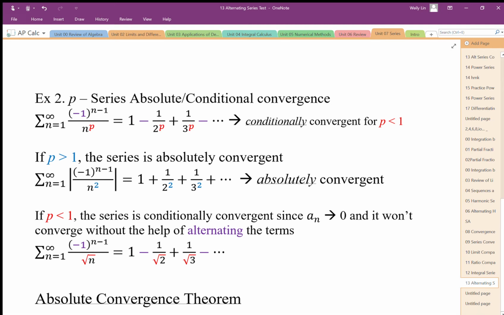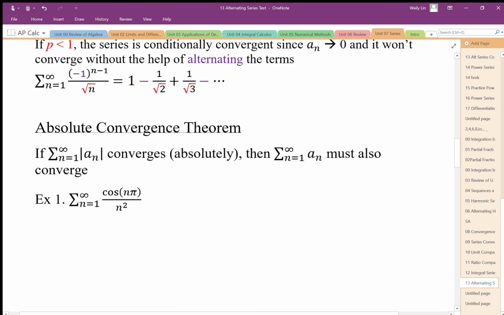Now absolute convergence is slightly different, in that even if it is all positive terms, it will converge regardless. So if it is absolutely convergent, it must also be convergent if it has alternating terms. In this case, regardless of the fact that we're making these terms alternate, this is a basel series, and it will converge to a finite sum. If we let it alternate, that's even better. It will converge to a finite sum, which is finite as well. Again, we don't care how finite it is. We just need to know if it's infinite or finite.